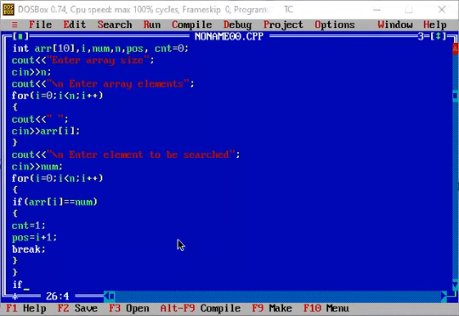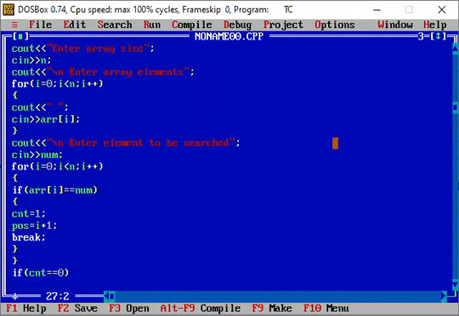So now what I will decide, I will see what the value of my count is. So I am writing like this: if count equal to 0. So if my count value is equal to 0, that means initially we have assigned the value of count as 0.